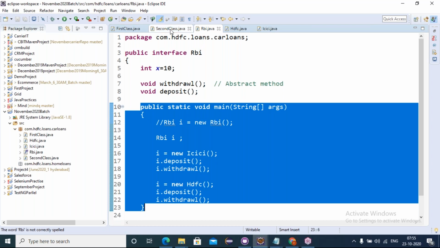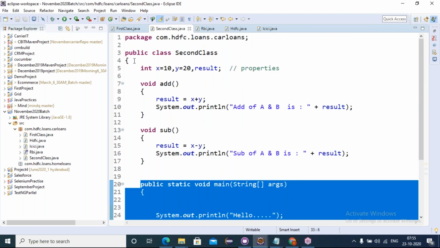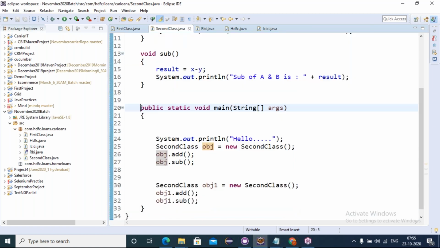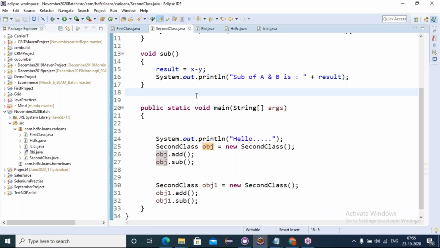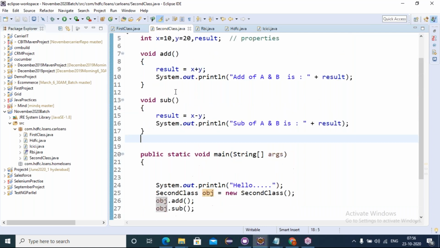That is the syntax. Like how the engine is fitted inside the bus, in the same way the main method is the engine to run the class or interface.